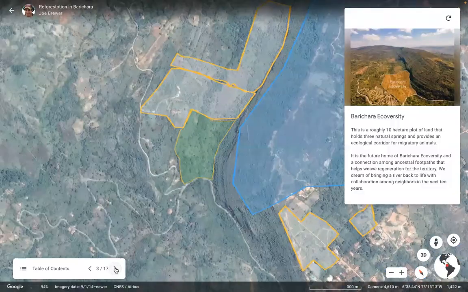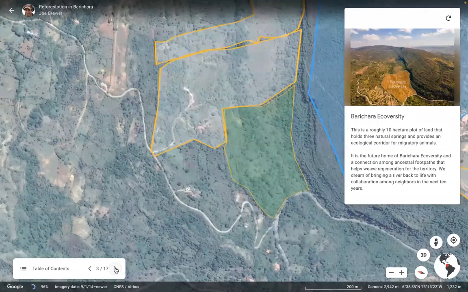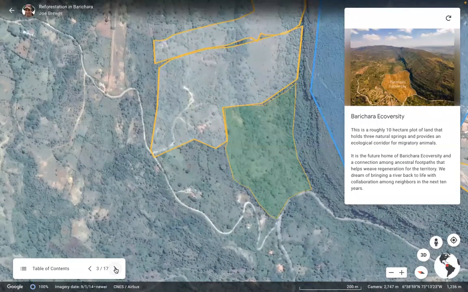But next to it and below the cliff is a piece of land that we crowdfunded money to buy, where we're going to place our own bioregional learning center, the HR Ecoversity. This is 10 hectares of land that is connected to neighboring projects that you can see on the map. While the focus of this land is to demonstrate how to connect the territory through landscape restoration, and also how to connect the territory through regenerative education, it's also physically situated next to other projects in the